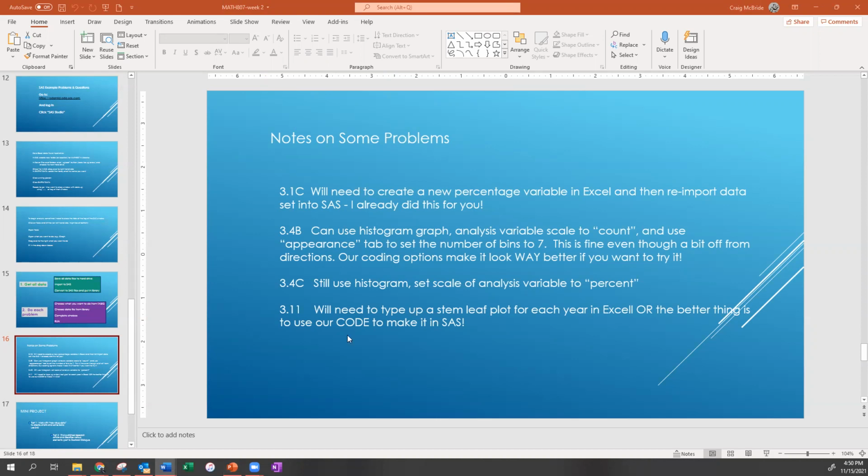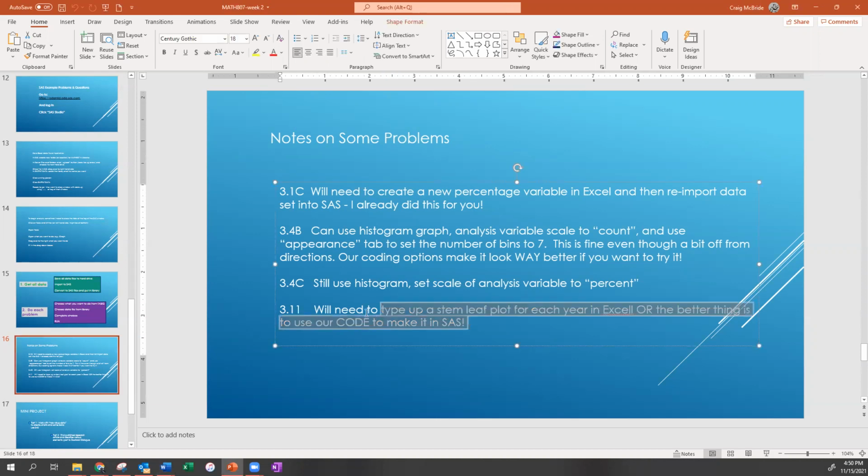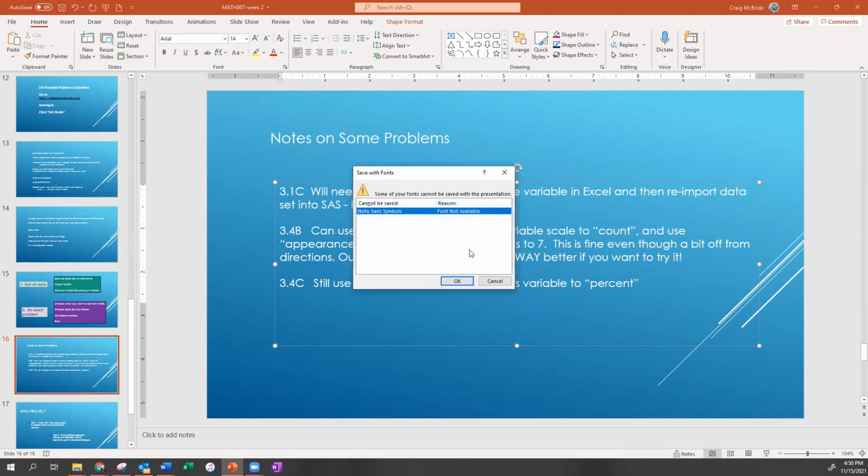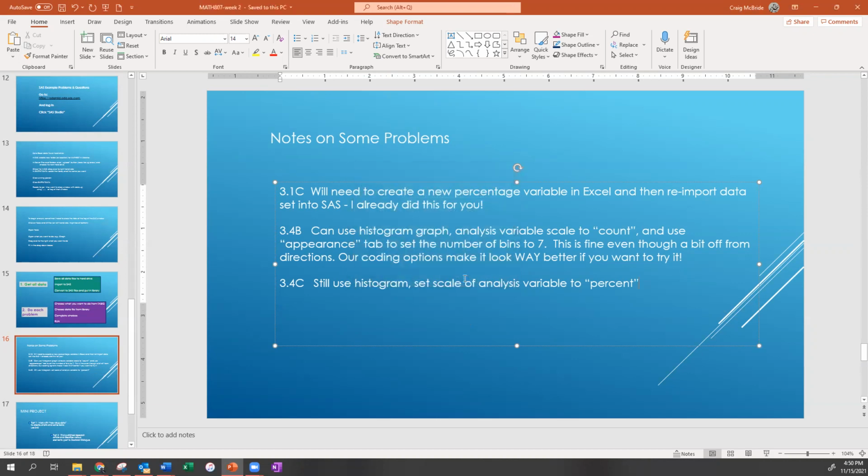Yeah, they did. That's what I was wondering. Number 11 isn't there. Yeah, it used to be there, and students just kept struggling with it, so they got rid of it. That's smart. I mean, why should we make you guys actually learn something? That was always my argument. But yeah, 11 is no longer on there, so you don't have to worry about it. You do have to do a stem and leaf plot later, so I don't know why they thought we'd just get rid of it here, but anyhow, it's no longer on there.